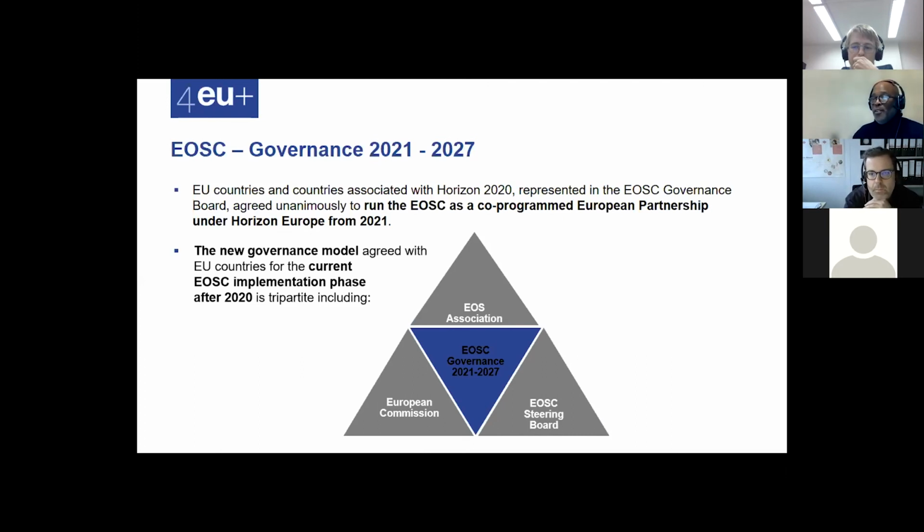All these, the architecture, authentication, all these various things relate to where the European Open Science Cloud will go